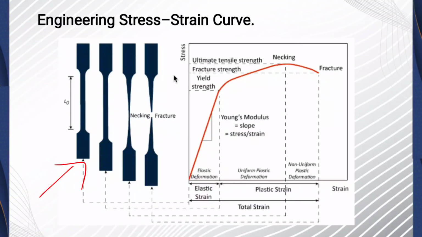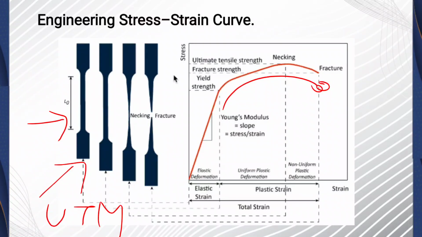So this is the specimen. In a tensile test, a standard specimen is placed in a universal testing machine, which is also called as UTM. A tensile force is applied along the axial direction and load is increased gradually until the specimen gets fractured. As the load increases, the specimen elongates. During this process, we record the applied load at corresponding extension. Using these values, we calculate engineering stress and engineering strain